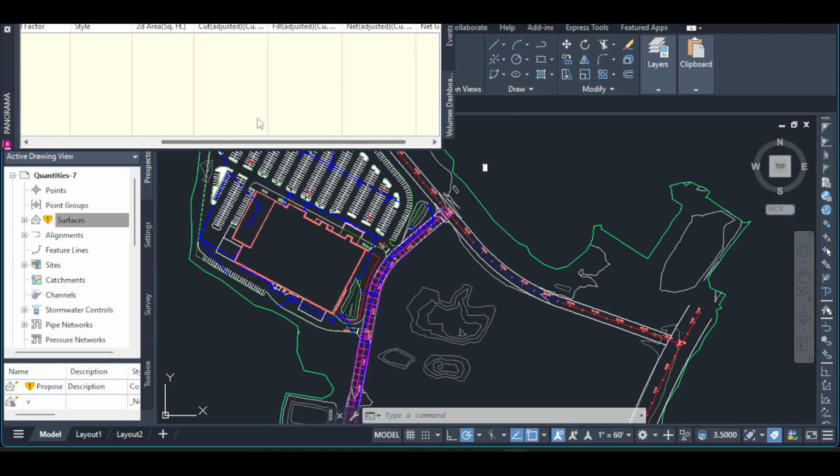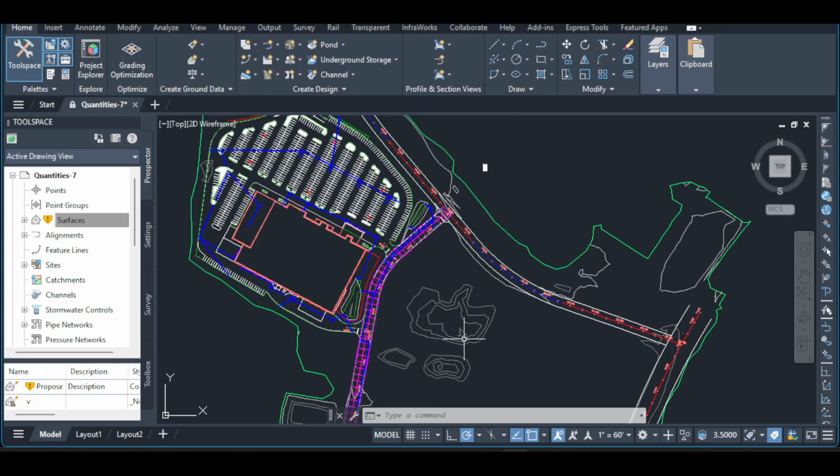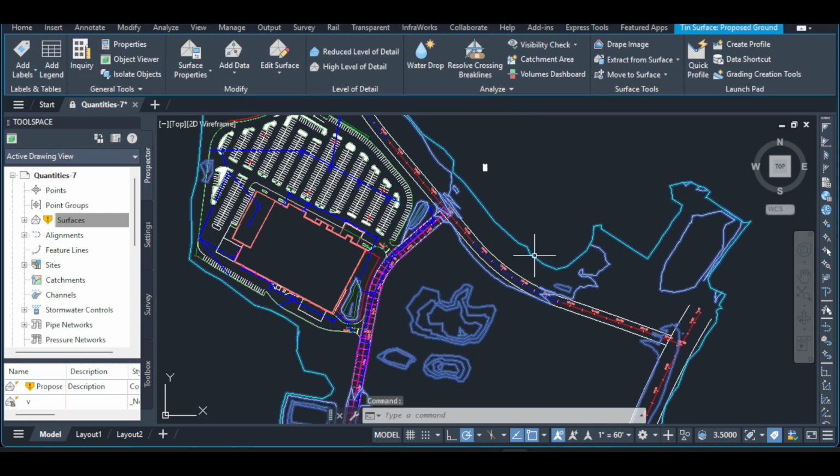If the values look unexpectedly large or small, verify your units, confirm both surfaces cover the same extents, and review any surface boundaries or elevations that might be out of range. Small spikes, gaps, or overlapping surface limits can skew results, so tightening boundaries and rebuilding surfaces can make a big